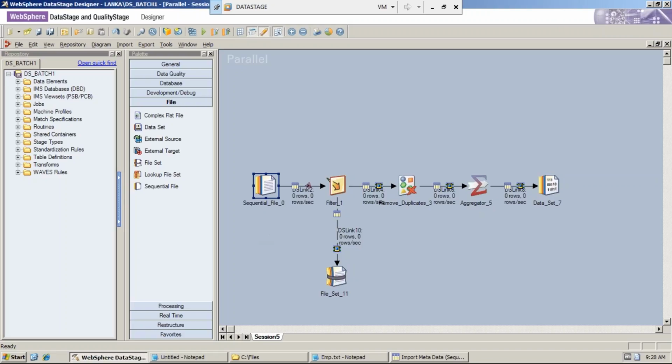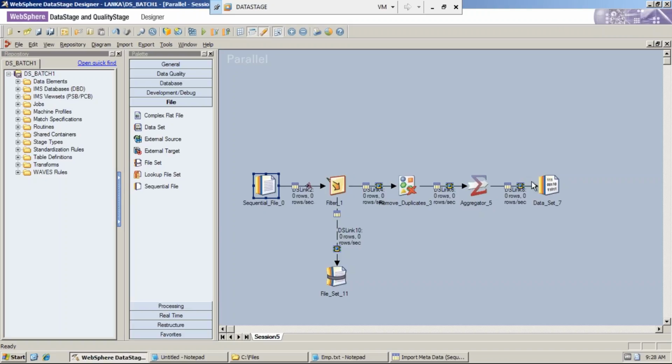If you want to display the data in the output, then we can use the sequential file stage. But if you don't want to display the data, and you want to use the data between two linked jobs, for example, I have A, B, C, three jobs. After completing A, B needs to be executed using A's output. In this case,